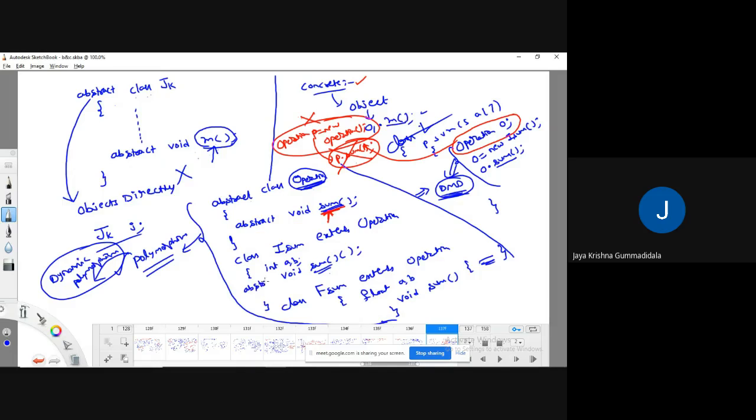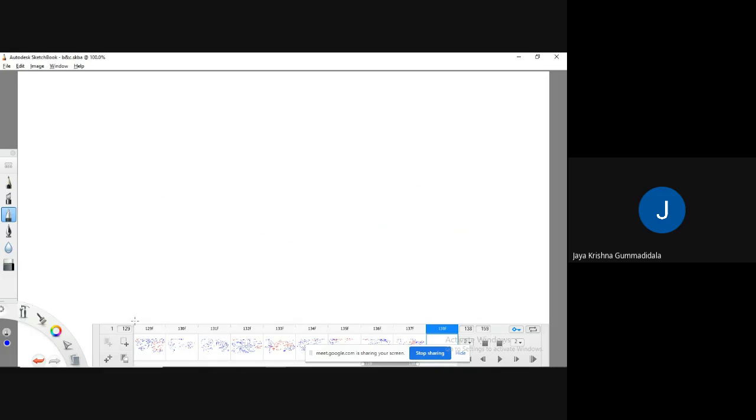I need to make this also abstract. As this class is also containing an abstract method, I need to make this also abstract. Otherwise, you will get an error here also. Okay, so these are some of the important points for abstract classes, what I said up to now.